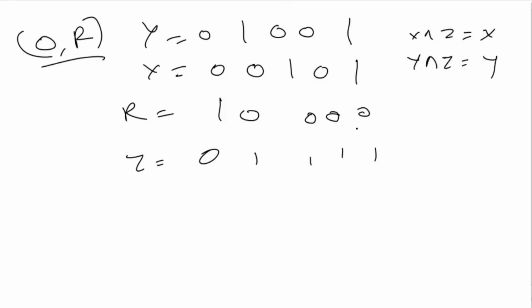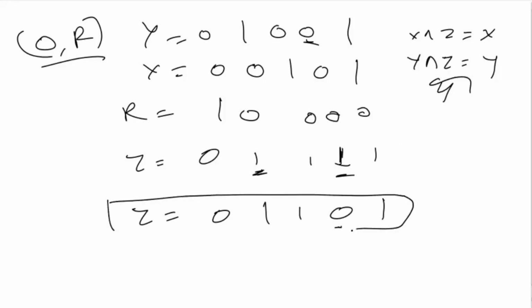But as you can see, there is no point in setting this bit to 1 because this is 0, so they'll result in 0 0 and this is 0, so AND of both of them will be 0. Okay, so there is no point in setting this bit. So we are setting the ith bit in Z if and only if the ith bit in Y or the ith bit in X is 1, at least one of them is 1. So we need to set them only then. Okay, so if we don't set this bit, then we'll get 0 here and our Z will be 1 1 0 1, and again we are getting the same result. So this is the minimum Z.